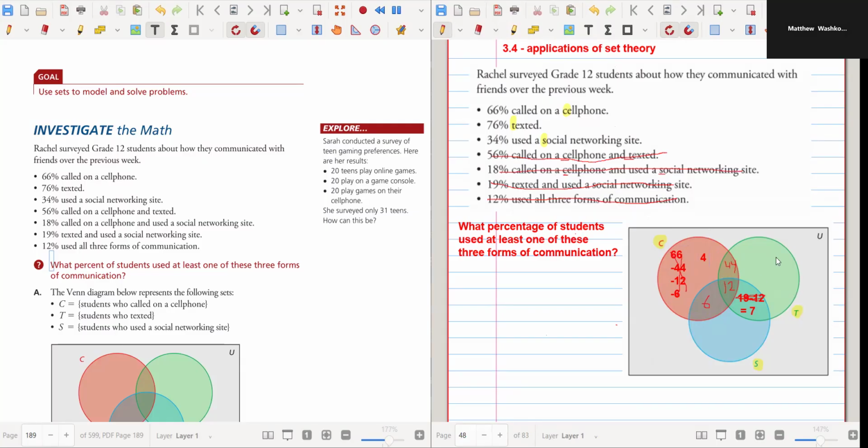So at this point, pause the video and do this one: only social media, only text. So 3, 2, 1. So for only text, again, it's 76, but I have to take away these 44, these 12, and the 7. You do that,